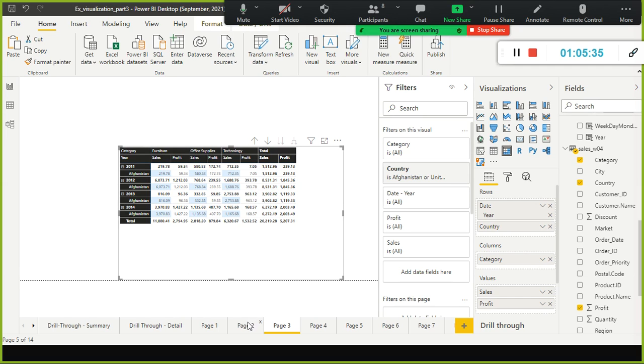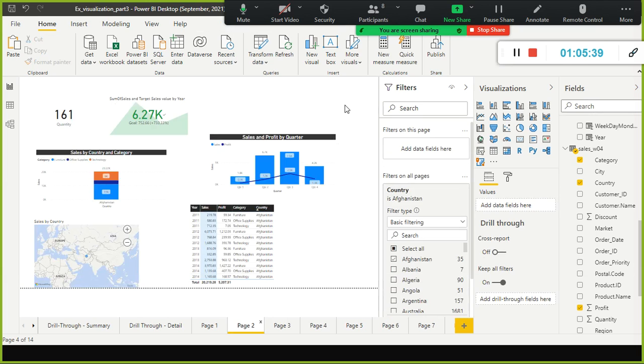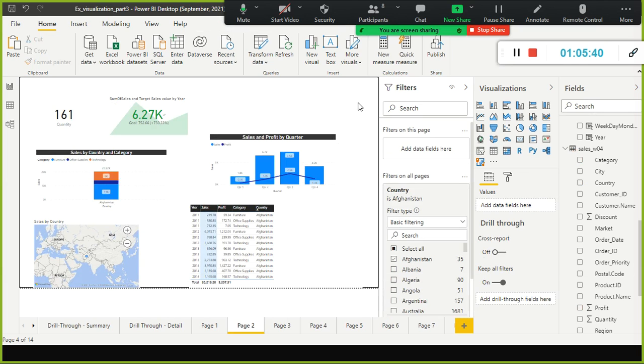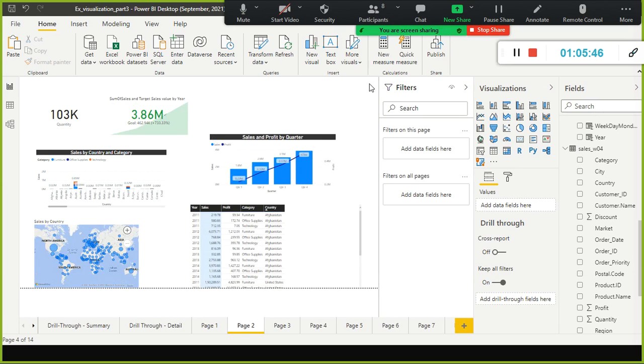So across pages, for that it's pretty simple. So in the filters pane, there are 3 options available. I'll just clear this one. I'll remove this filter. On the right side of the report canvas, we can find the filters pane. Just beneath this, you have filters on this page and filters on all pages options available.